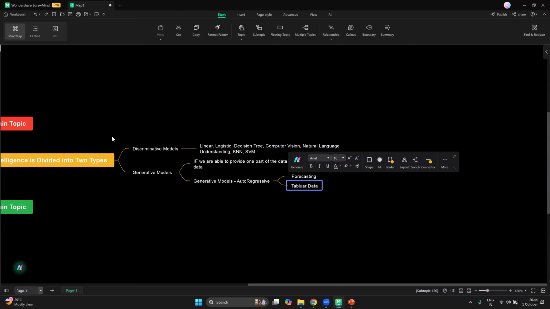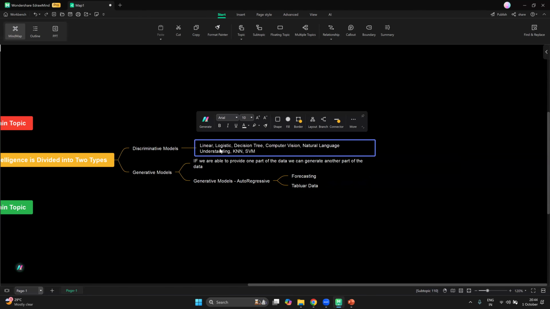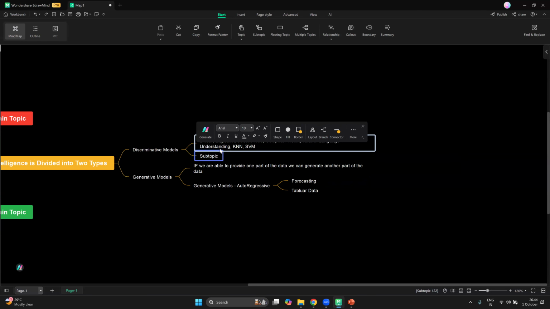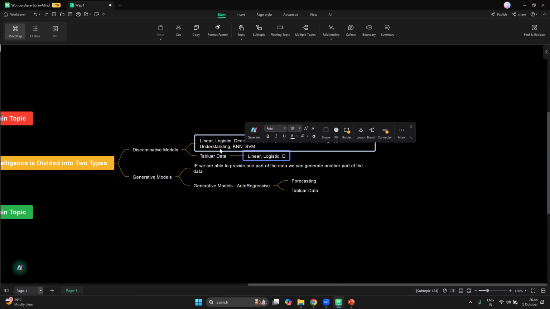Tabular data, we are doing it. Now, even on the discriminative model side, if you have tabular data, we are able to use discriminative models for it. If you are going with tabular data, I can use algorithms like linear regression, or logistic regression, or a decision tree, or random forest, or gradient boosting. In this way, we have a different set of algorithms, or I can use Naive Bayes,